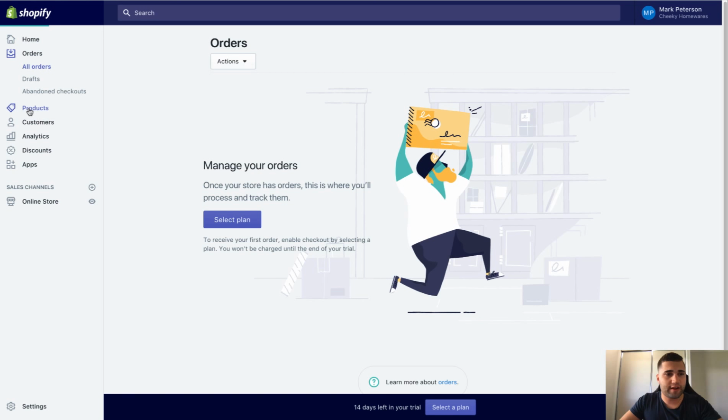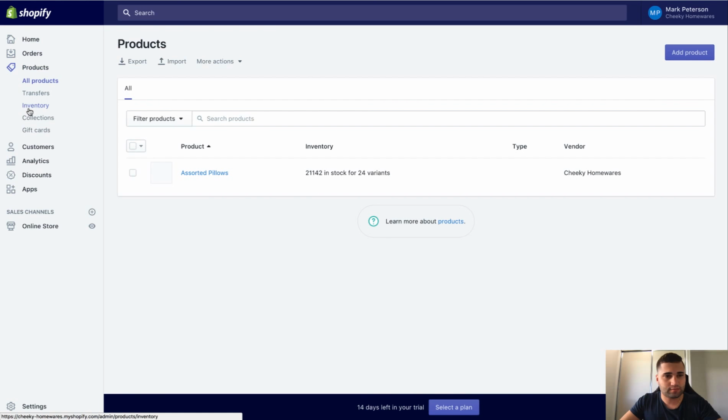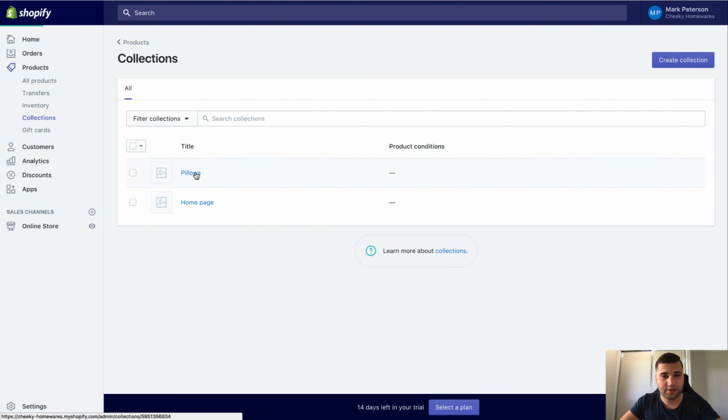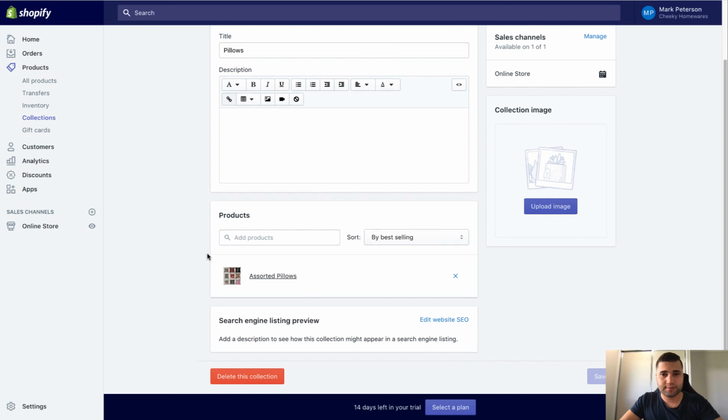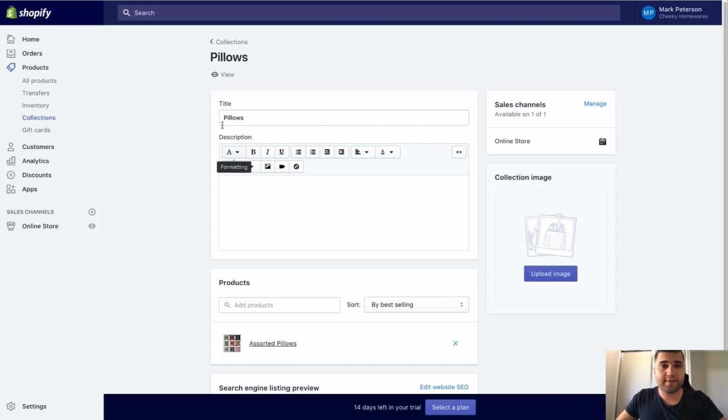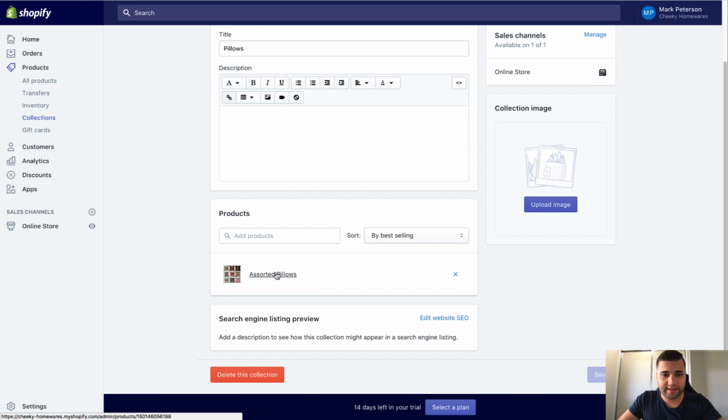Now if we go in our products, collections, pillows, we can see now in our collections we have assorted pillows. Now that's how to import a product off AliExpress. Now you can click into that assorted pillows if you like,